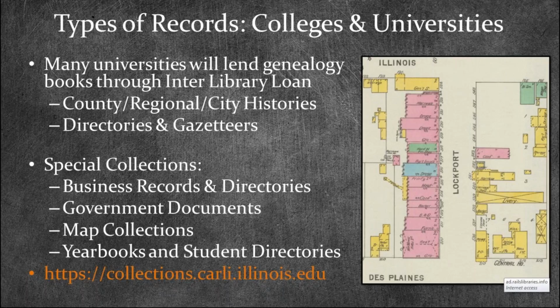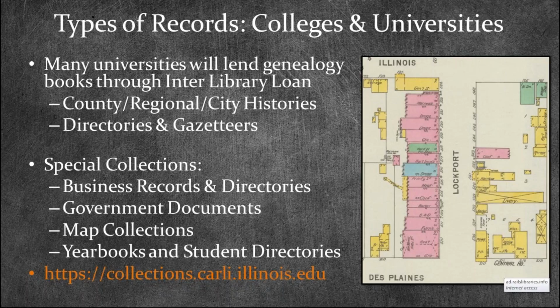So, you know, special collections could be anything from just collecting college yearbooks that go along with the history of their university, or it can be map collections. University of Illinois at Champaign-Urbana has an absolutely outstanding map collection. University of Chicago also has a really, really strong map collection, and these are worldwide. So not only do they have plat maps and city maps and road maps for their local community, but they also have them on a global scale as well.